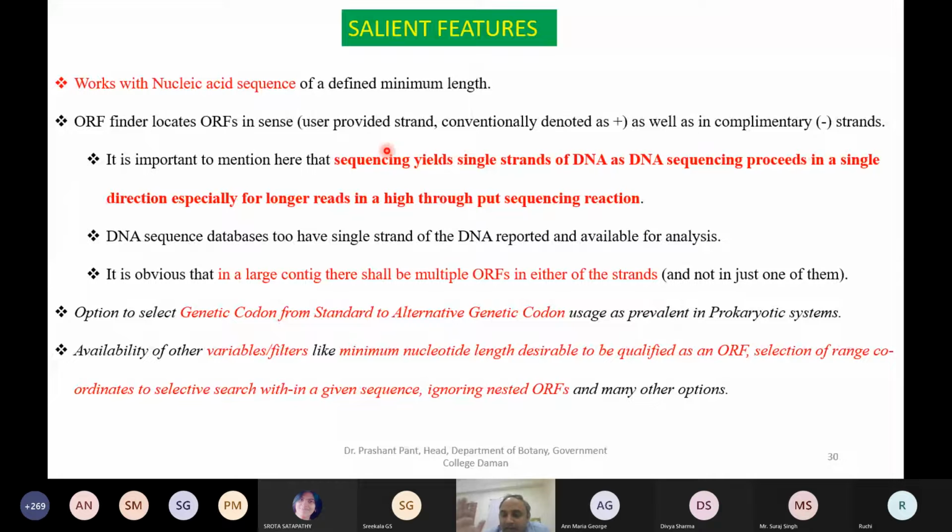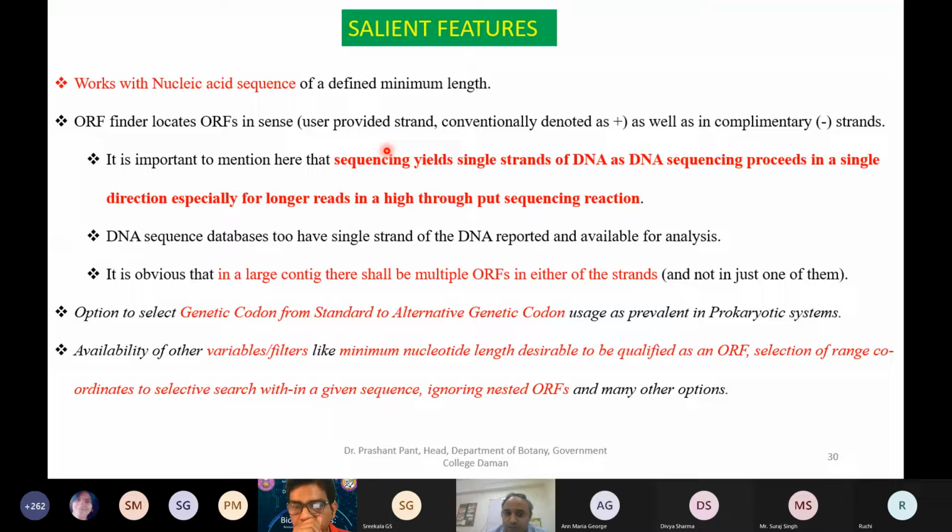So you have a plus strand and a minus strand, and in general we say the user provides sense, but that is not true. Frankly speaking, in a large contig where you have thousands and thousands of ORFs, those ORFs are not in just one strand. You all know DNA is double stranded and DNA has genes, fine. But if you are dealing with a very long DNA molecule, of chromosomal length, all ORFs will not be in one strand. They will be randomly placed, sometimes in one strand, sometimes in the other.